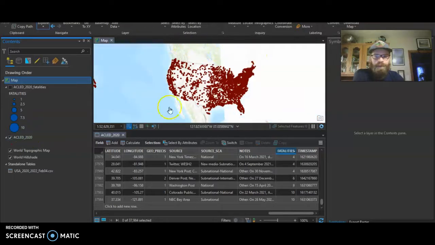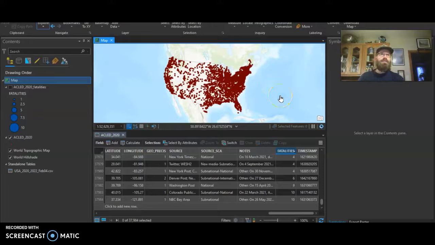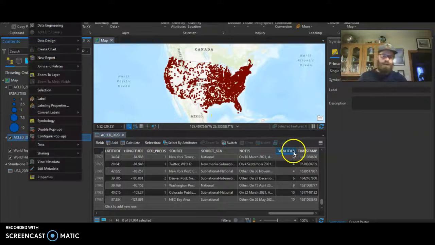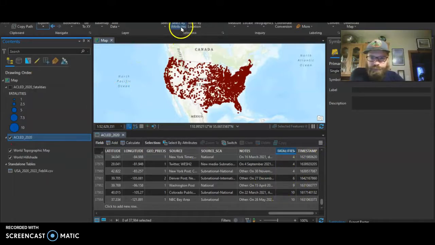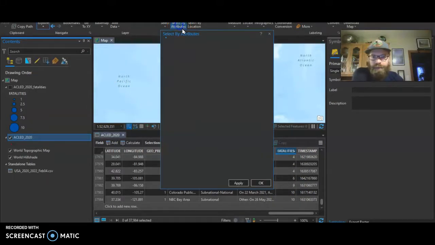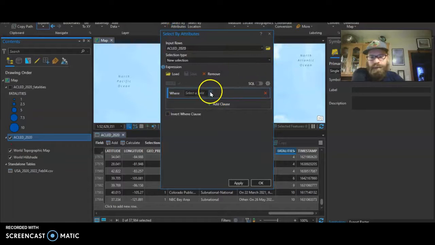So I wanted to filter this down and see just which events caused human harm. Unfortunately, a fatality. So it looked like most of these were peaceful protests. The large majority of these were. So I felt I could filter this down first, focusing on where some actual fatalities happened. So I opened up my data table, saw what information I'm dealing with, some numbers here in the fatality column. So I went to select by attributes, new selection,